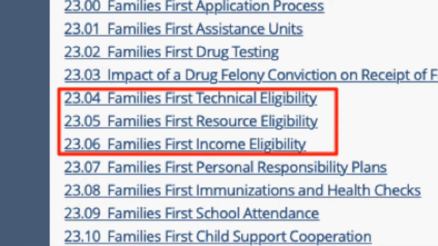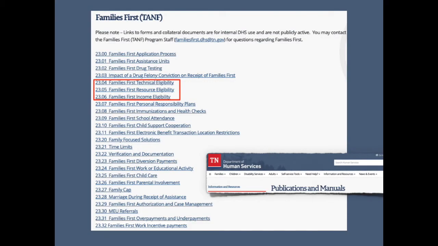What you have here is three links specifically that look at eligibility. One is technical eligibility, meaning different requirements that people have to meet. The second is resource eligibility, which relates to how many assets people have. In other words, they may not have the income, but do they also have assets that they can use instead of income? And then income eligibility. But you can see there are a lot of other policies listed here as well that are separate policies that relate to TANF. And that does not even include going directly into the state law through something like a LexisNexis search of Tennessee state law. But also, there are documents that are hidden from public view.